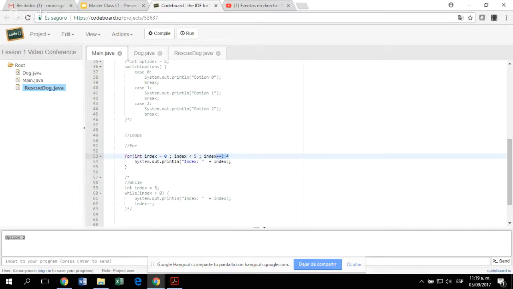Each time this block is executed and finished, it will execute this expression. For example, this will add 1 to the index variable. So if we compile it and run it,